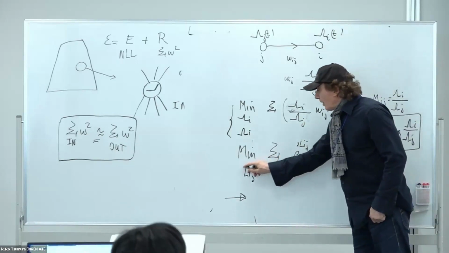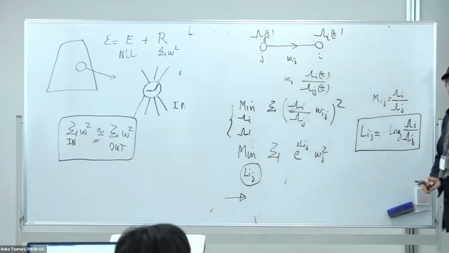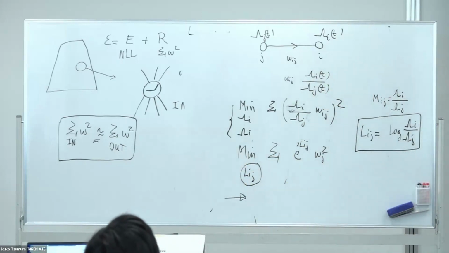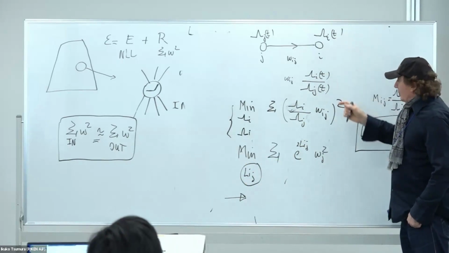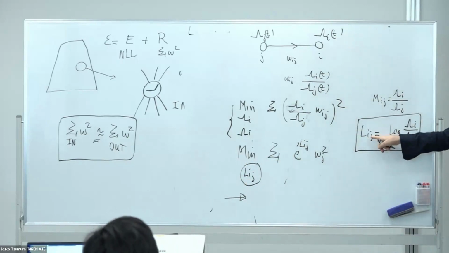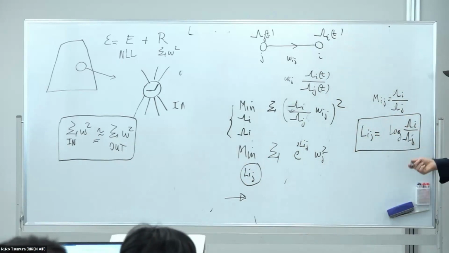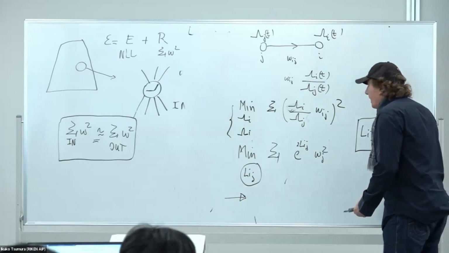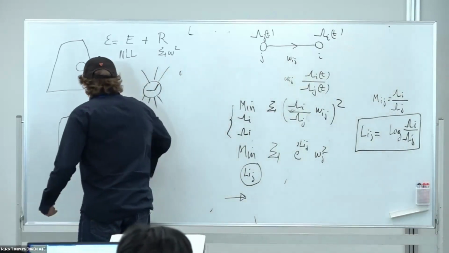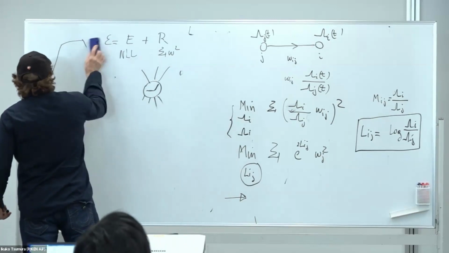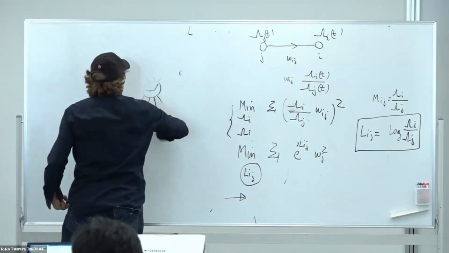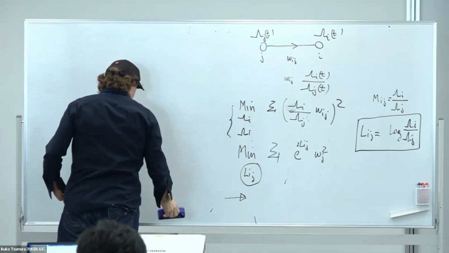The problem is, what is the constraint you have on the Lij's? If you give me the lambda i's, you can get the Lij's. But if you give me the Lij's, can you retrieve the lambda i's in a unique way? What is the constraint you have to put on the Lij's so that you can retrieve lambda i's in a unique way? It requires some work to think about it, but the answer is extremely simple, actually. So if you think about it,